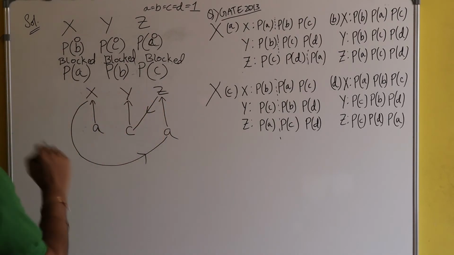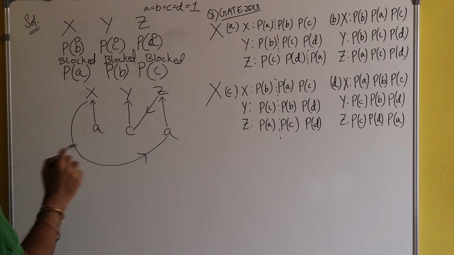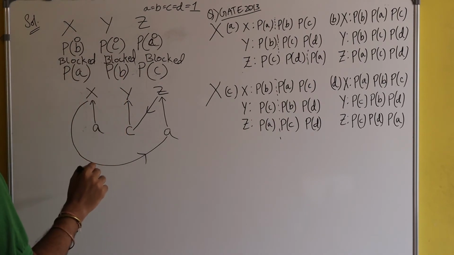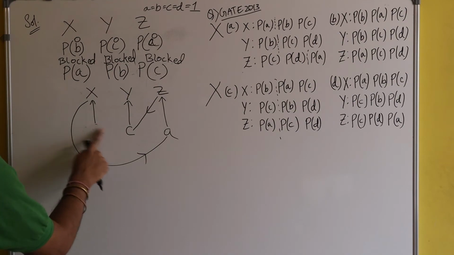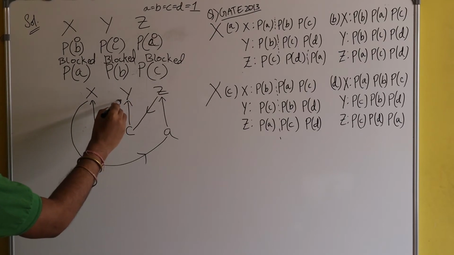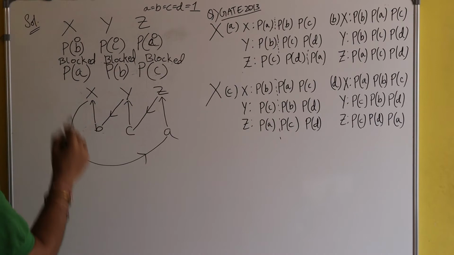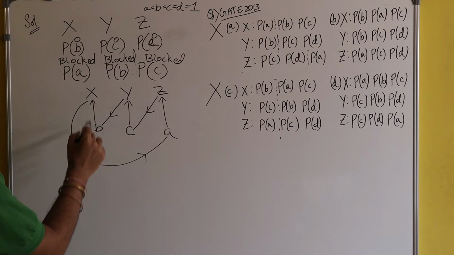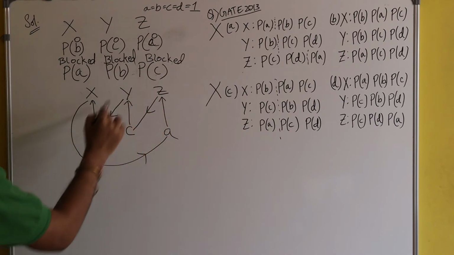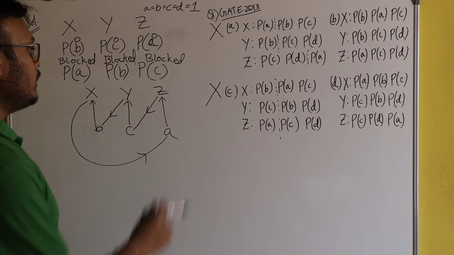Now again the CPU is given back to process Y, and process Y wants to apply PB operation. Here it was B. So process Y will have to wait, because B is acquired by X. So here you can see there is a cycle like this. Whenever there is a cycle, there is a deadlock. So deadlock is also there in option C.